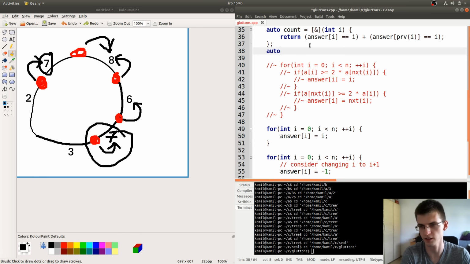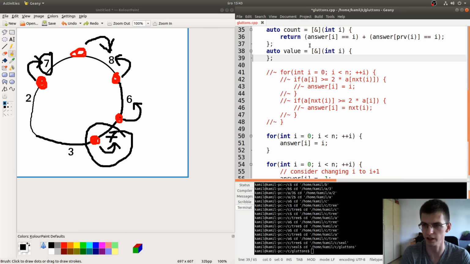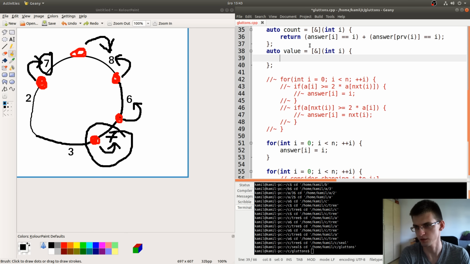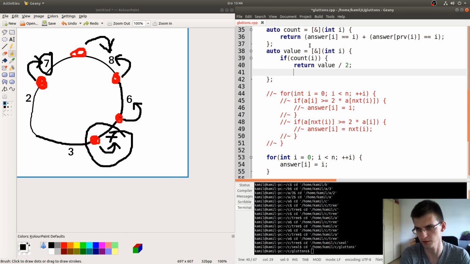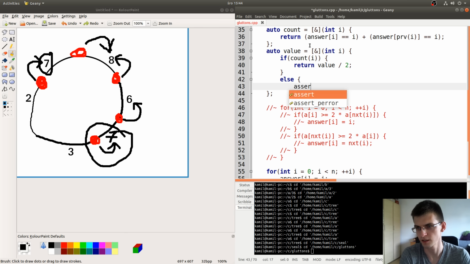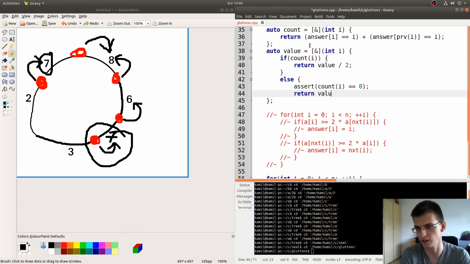So here, let's create the other function that would return the value of the ith cake, and it will be: if count of I, so if it's already taken, return value divided by 2, else, let's say assert count of I is 0, return value.